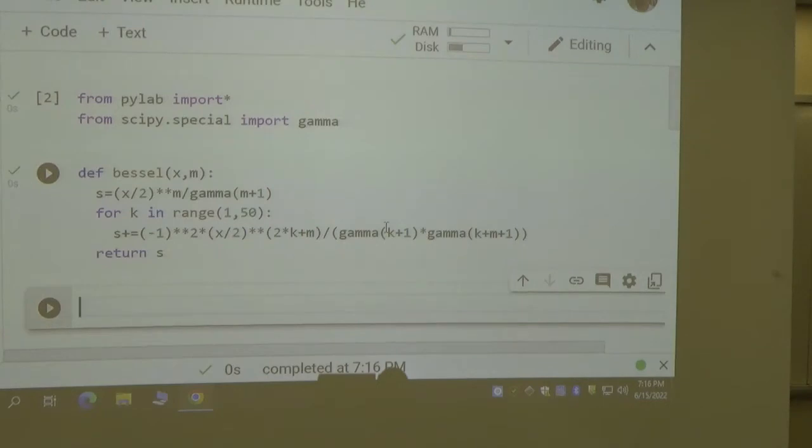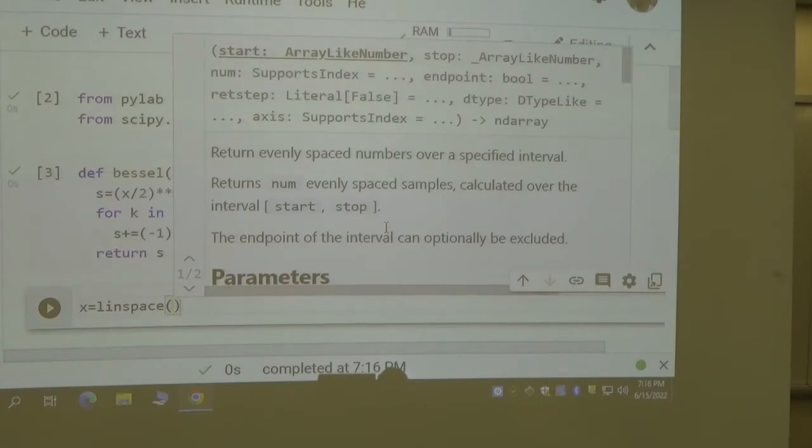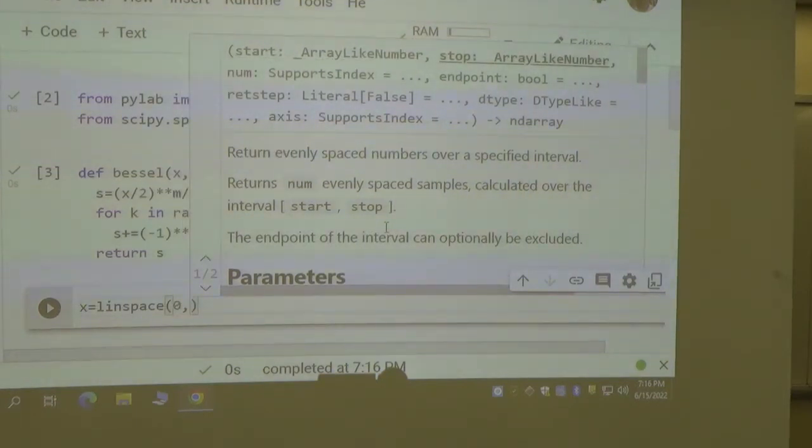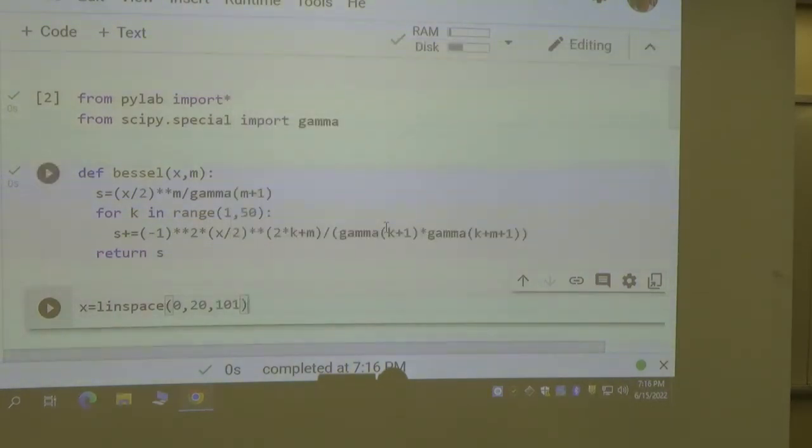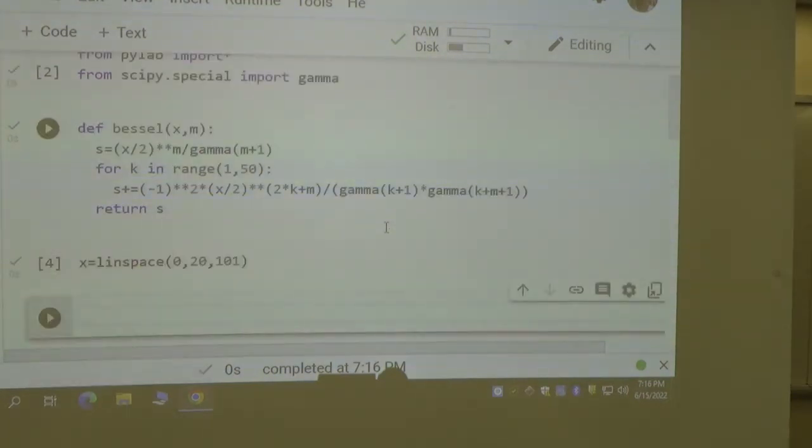Now let's try to draw the Bessel function from x equals to the linear space, and let's draw something like 0 to 20 maybe, and we'll divide this into maybe 101 points. And then after this, let's plot x comma Bessel of x comma 1. Okay, so